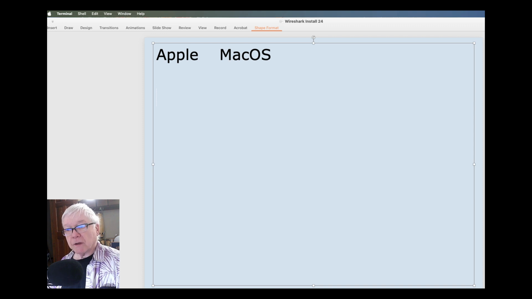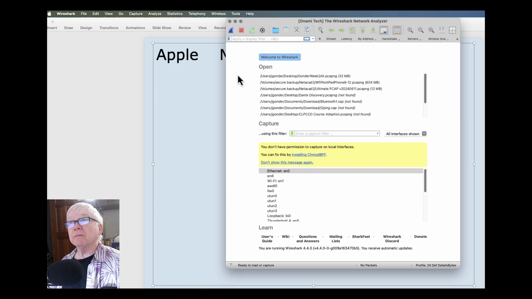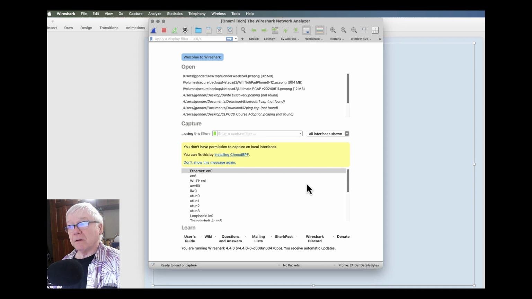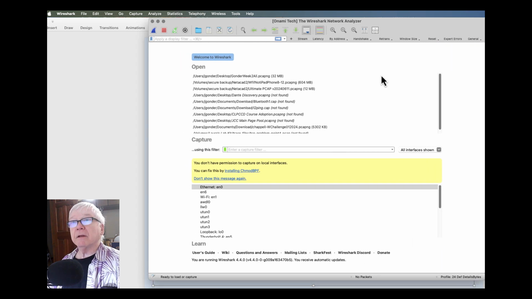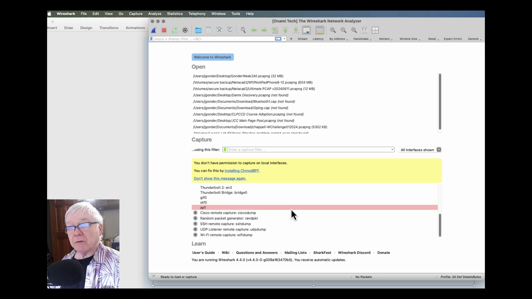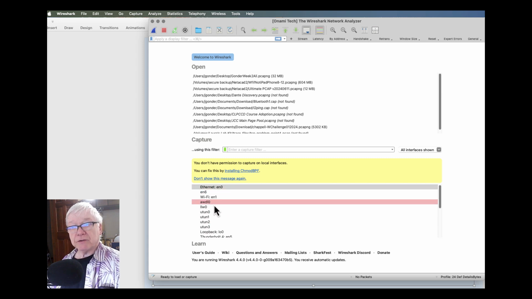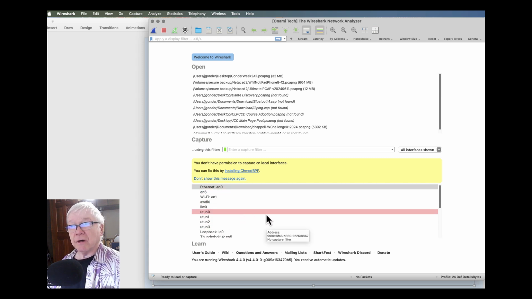So let's go back, and here's my application. I can see that I've got a bunch of different logical interfaces on here.